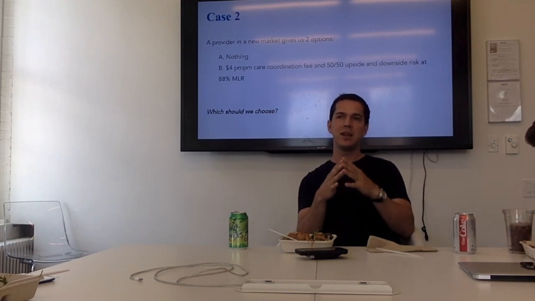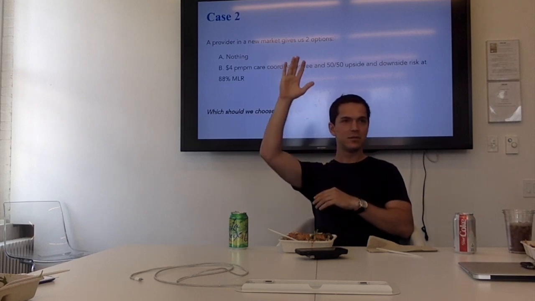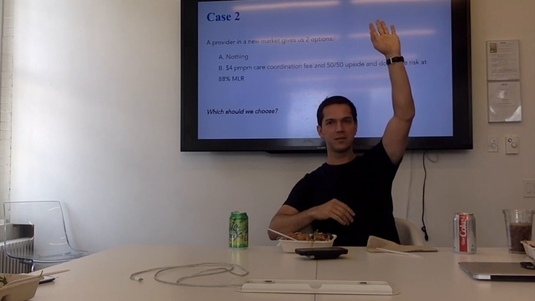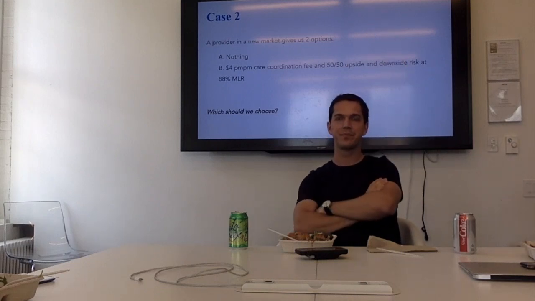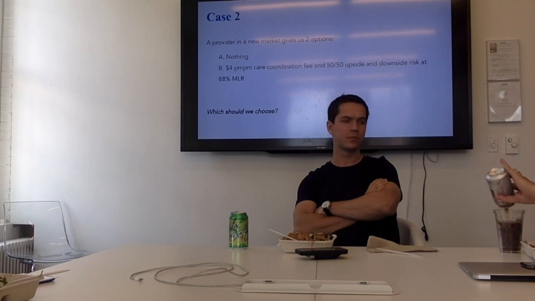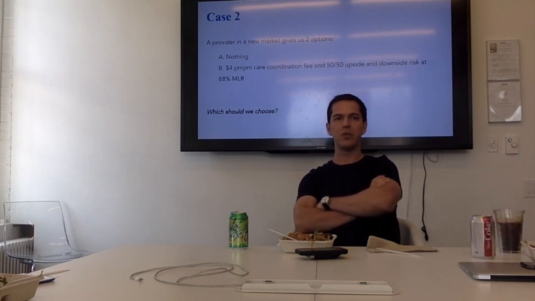Now let's say the best guess of the MLR is 88. What should we do? Who does the deal? Who doesn't do the deal? Do we know anything about what our unit costs are going to be, like whether we offer this or not? What do you mean? Like, do we feel confident that we'll be able to get the lowest unit cost that we want? Yeah, we already have a deal in place. So now, what about 89?